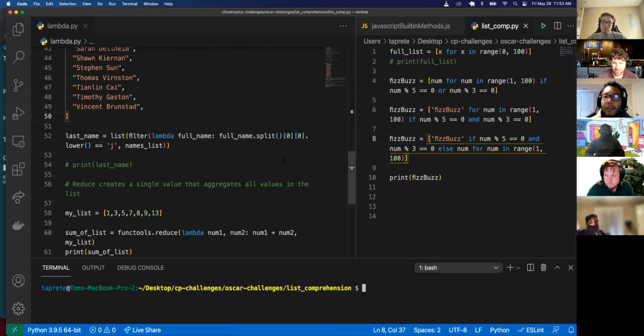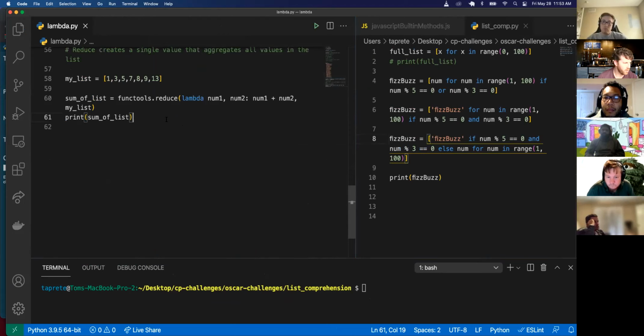So as somebody said, let's talk about ternaries. Does anybody know what a ternary is? It's like an if then statement, like one line. Yep. So you can write, if x is greater than 5, let's actually do x equals,